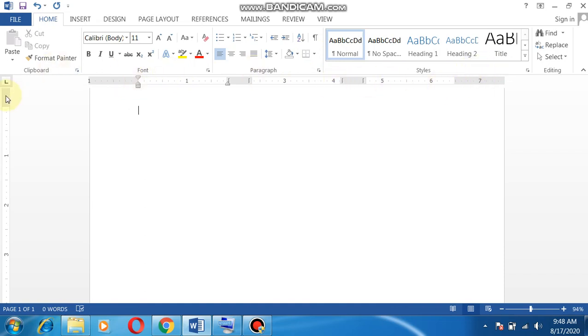Here also you can see on the top and at the bottom also. These gray areas are called margins. What are these called? These gray areas are called margins.